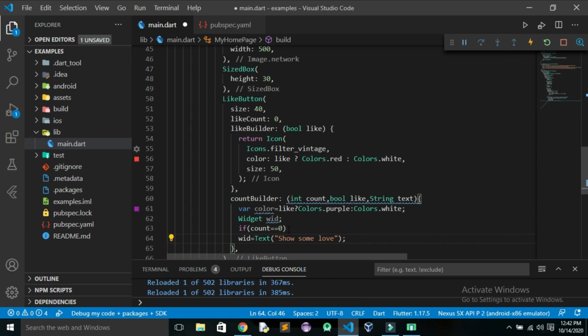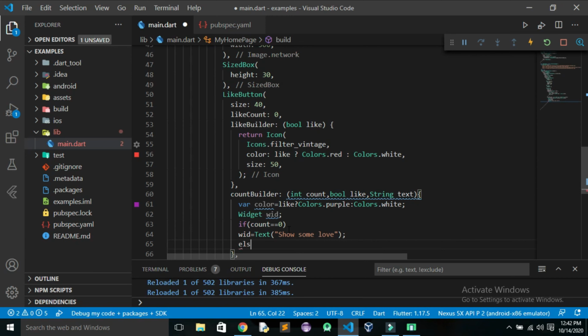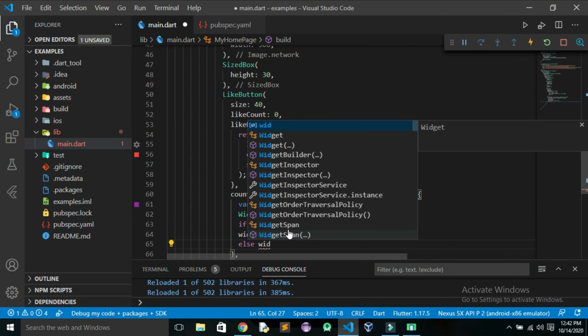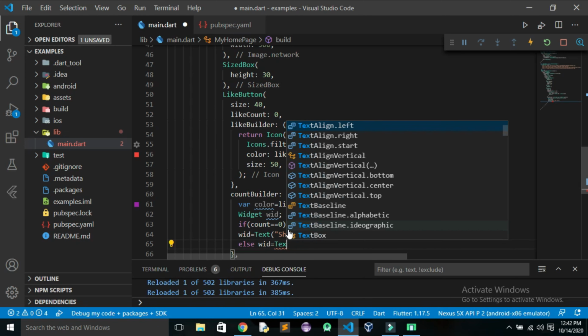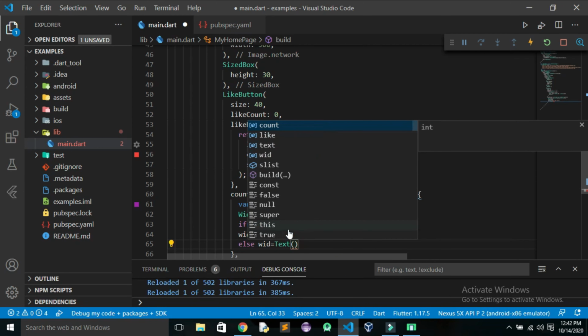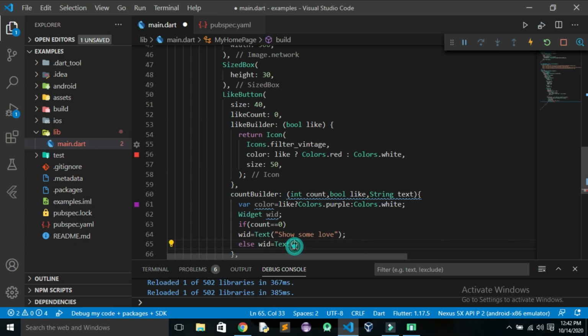And if the count is not 0, then we will write the else statement, and then I'll assign the widget with normal text, and it will take the parameter which is present here, that is text.